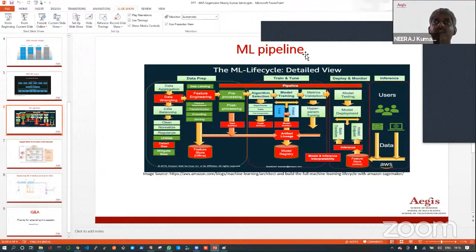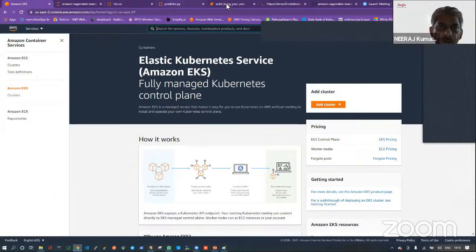So what SageMaker is doing is providing you a platform. On the same platform, you can integrate with your EKS Kubernetes service, with S3, with Lambda, with API Gateway, with whatever services you can think of that AWS provides. Everything can be easily integrated, and is already integrated with SageMaker. You have to just write a few lines of APIs. What I mean by API is this code.